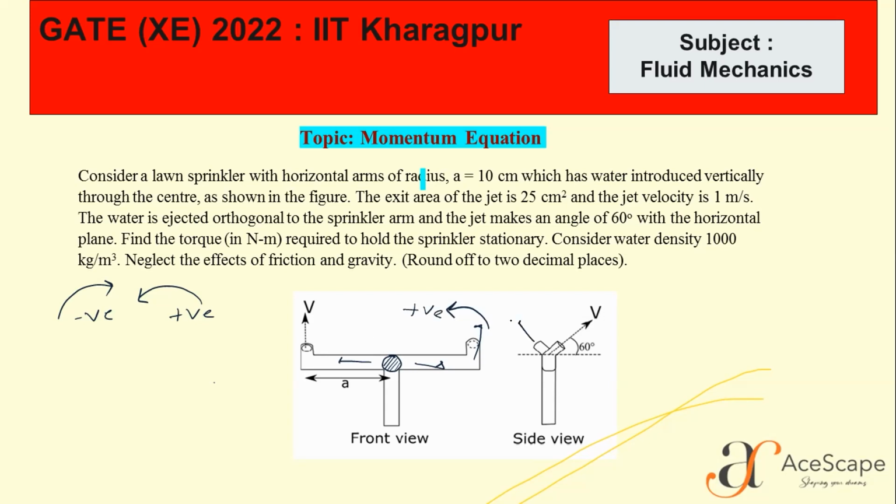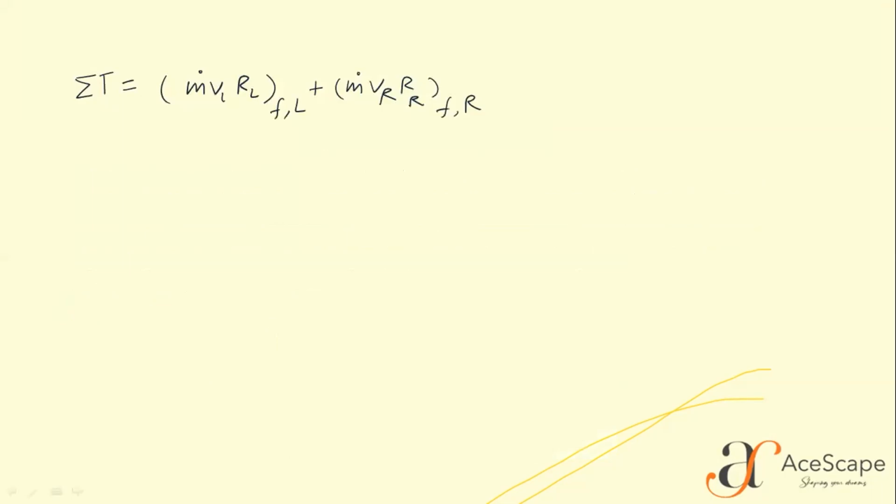Another face is here, it will try to rotate in this direction. So both are anti-clockwise, that's why I'm taking both as positive. Now I can write 2 into m dot v r. Why did I write this? Because the arm's length r is the same and the velocity is the same, so if I add both, this is what comes. Now